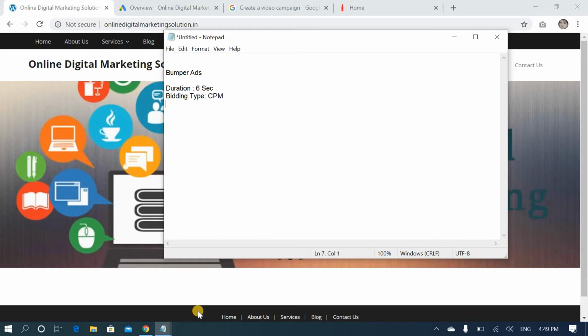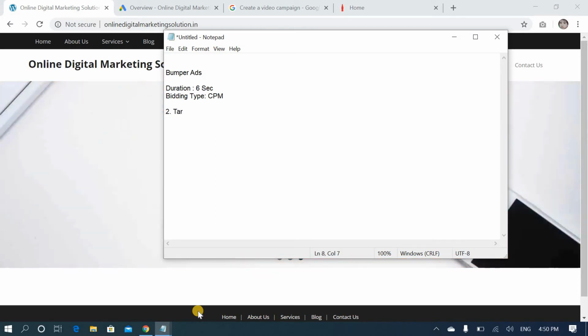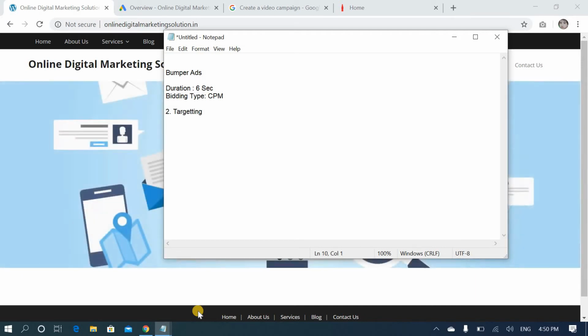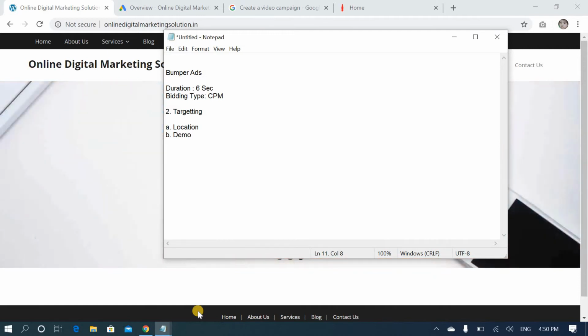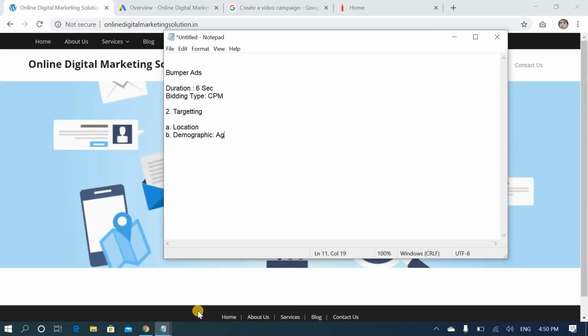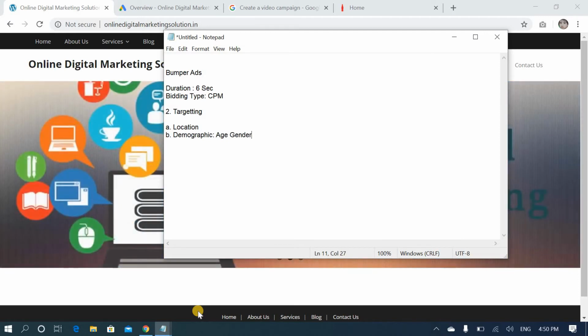The second point is targeting. Targeting is very important. So how can we target? One is location-wise, you can target. Second, demographics. Demographic means age and gender.